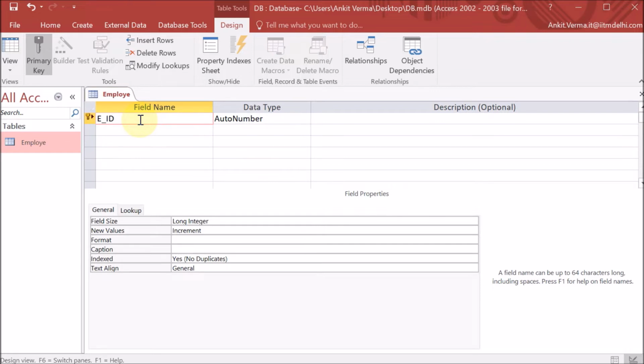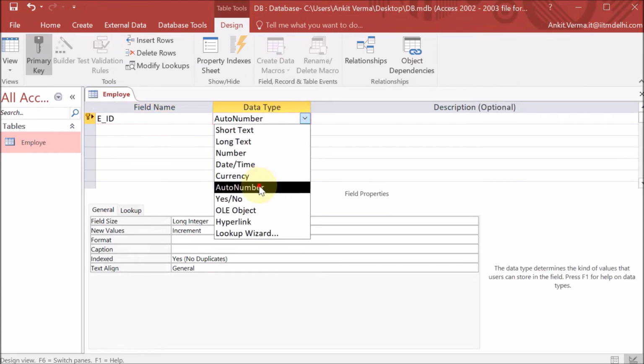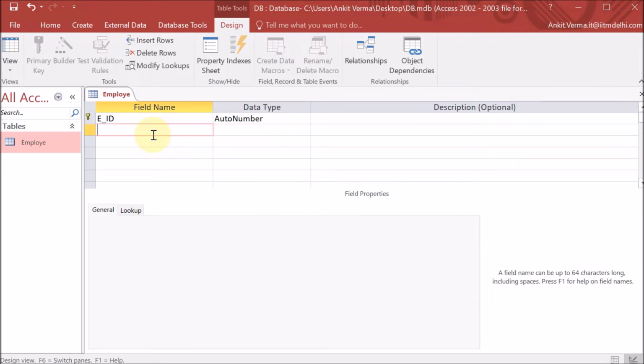We know that in our project which we are making, we have taken three text boxes, one for the ID, second for the name, and third for the address. So here we are taking the same fields. EID we are making as the auto number. Auto number means it will be numbered automatically. Then afterward, we are mentioning E_name, that is employee underscore name. This is the name of field or the name of column.